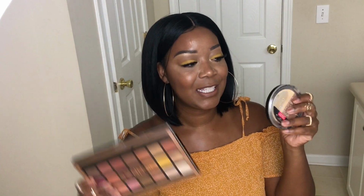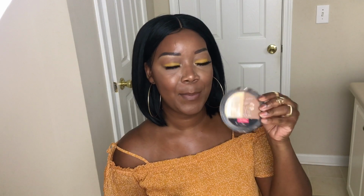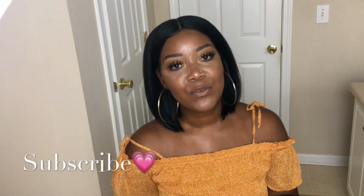If you can tell by the title, we are going to be playing with some yellow, hence this yellow top. So if you're interested in seeing this super simple, super easy look using only two colors, one from a Wet n Wild palette and one from Profusion, then make sure you keep on watching